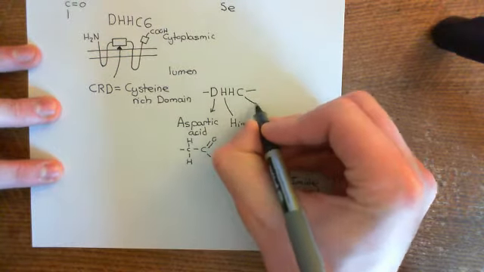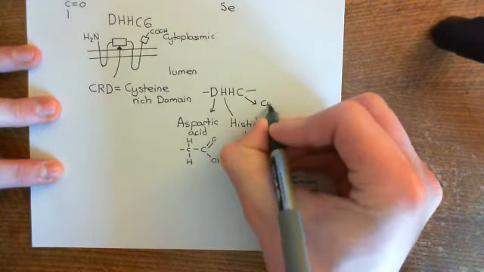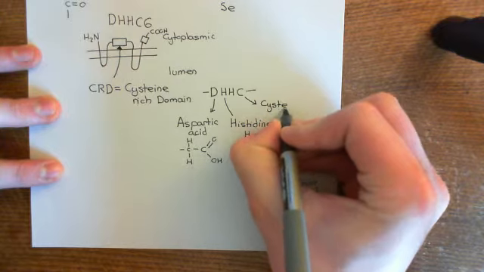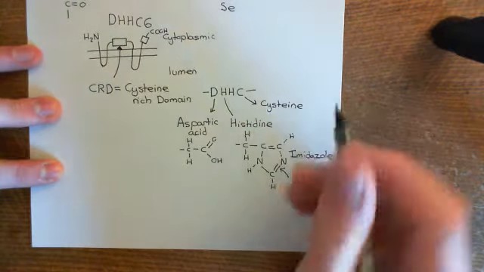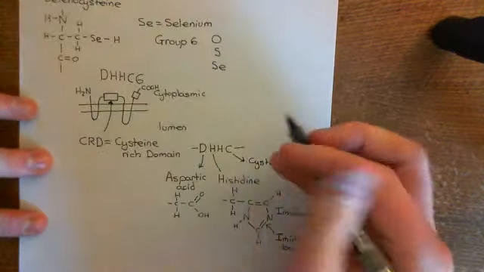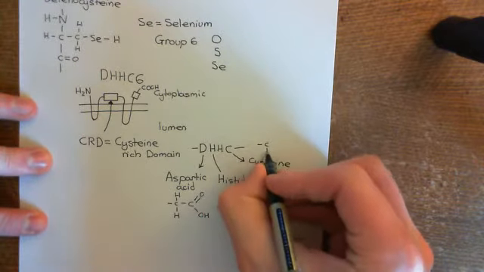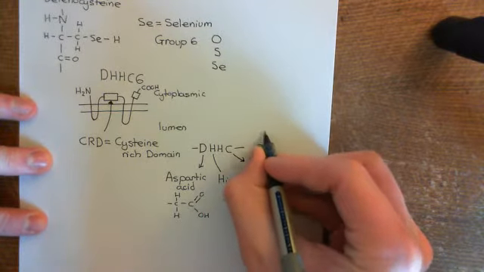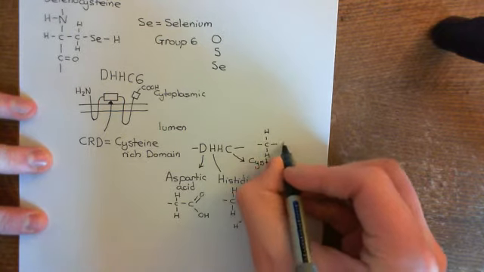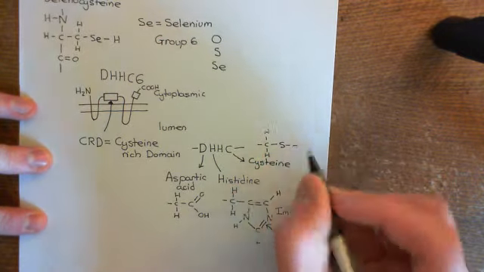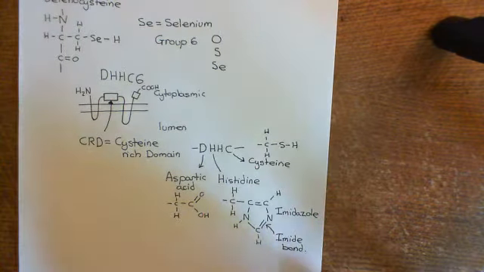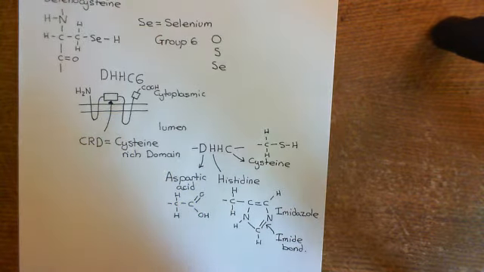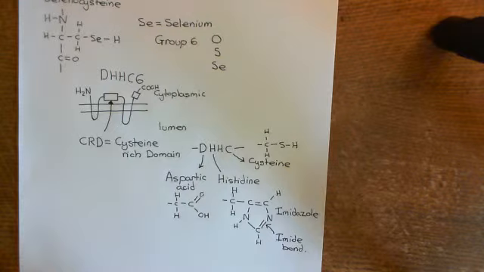So you have 2 of those, followed by the final amino acid, which is a cysteine amino acid. Okay, now what is the R group of a cysteine amino acid? Well, we've already covered this, but we'll write it out again. So the R group of a cysteine amino acid is a methylene group, then with a thiol group off it, like so. Okay, so basically, this enzyme is involved in palmitoylating other proteins, and we'll discuss that in just